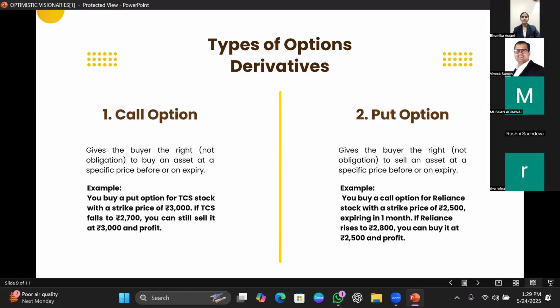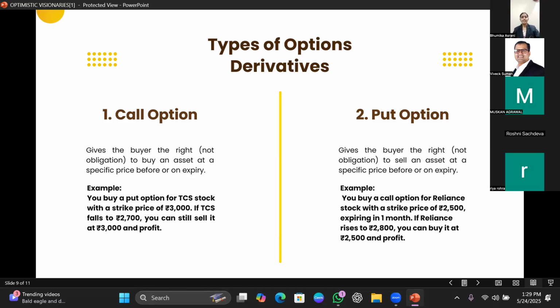So now let's understand the two main types of options. First is the call option. A call option gives you the right to buy stock or any other asset at a fixed price before a certain date. You can buy a call option if you think the stock price will go up. If the stock price gets higher than the strike price, that is the fixed price, you can buy it at a cheaper price and make a